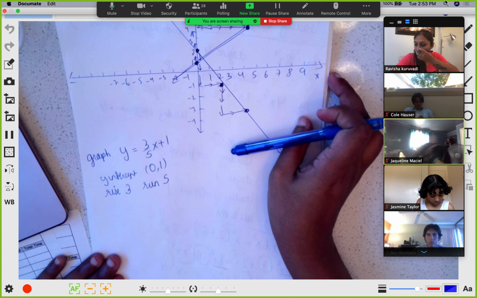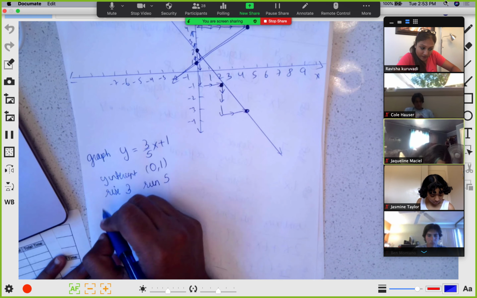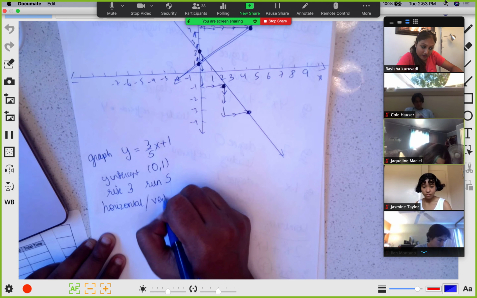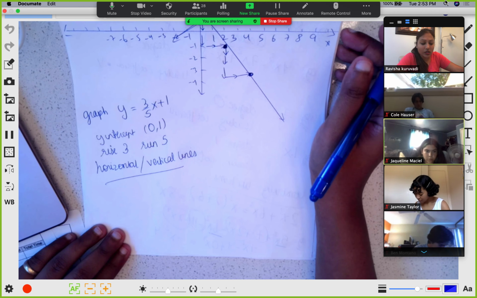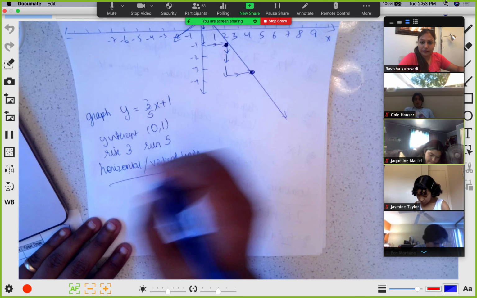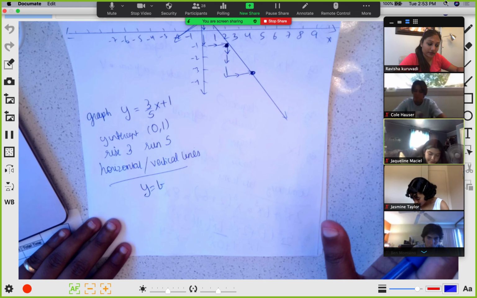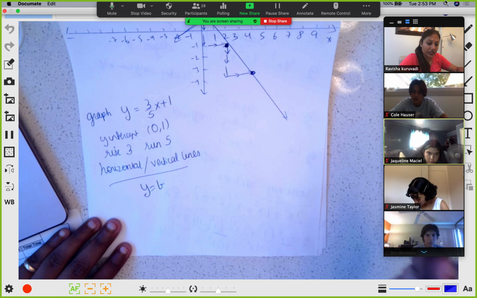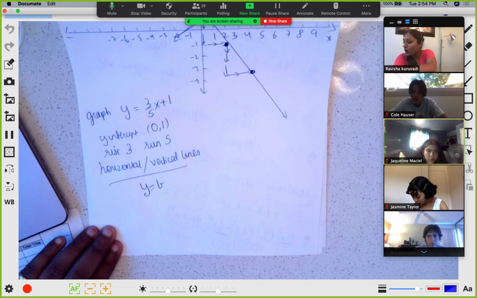Next thing we're going to talk about is horizontal and vertical lines. Horizontal and vertical lines. So if you are given something as just y is equal to b, and I say you have to draw the line, suppose I take the example as y is equal